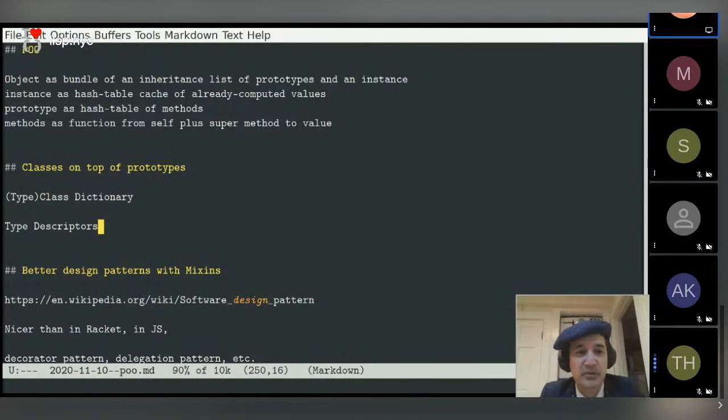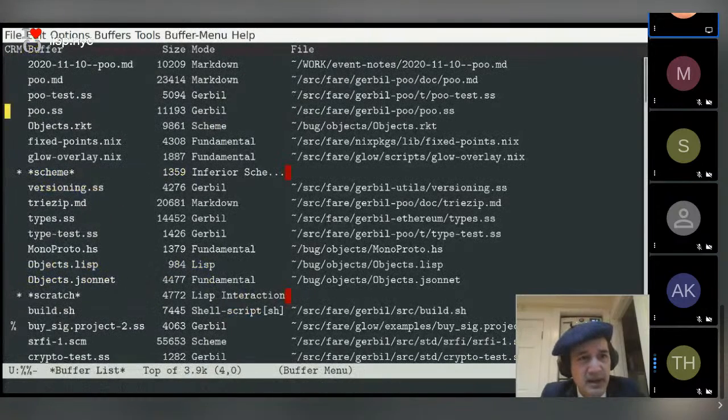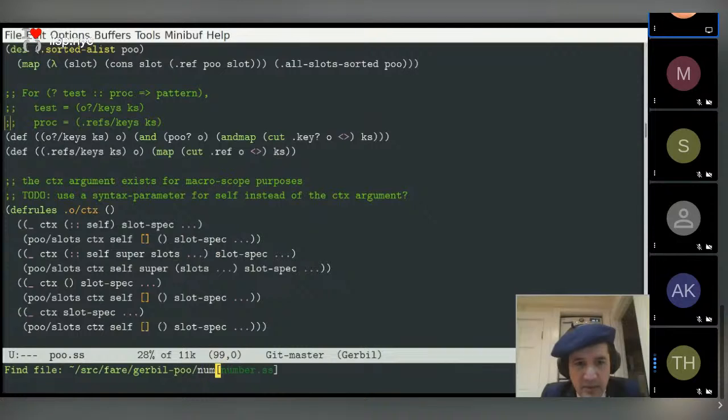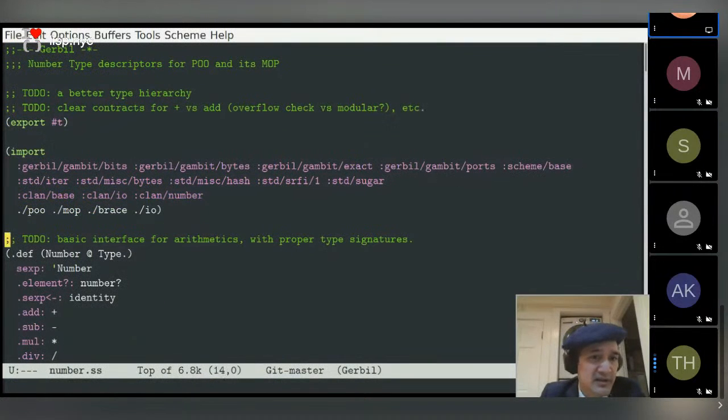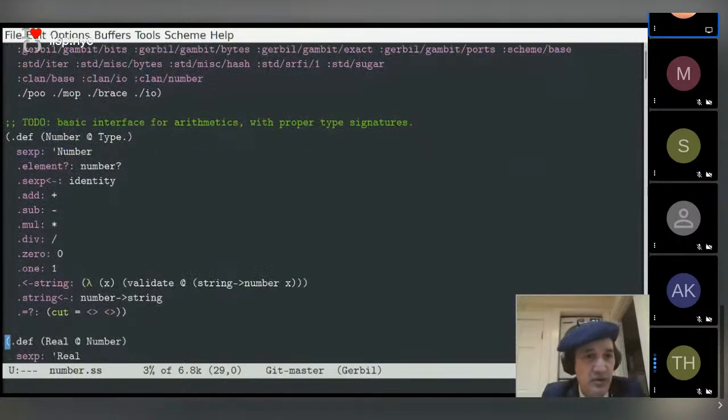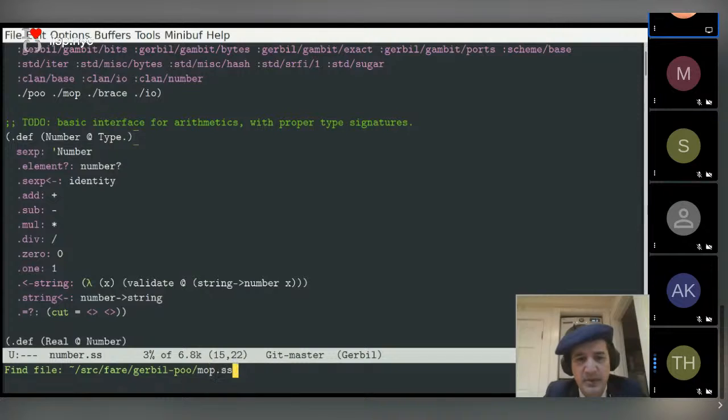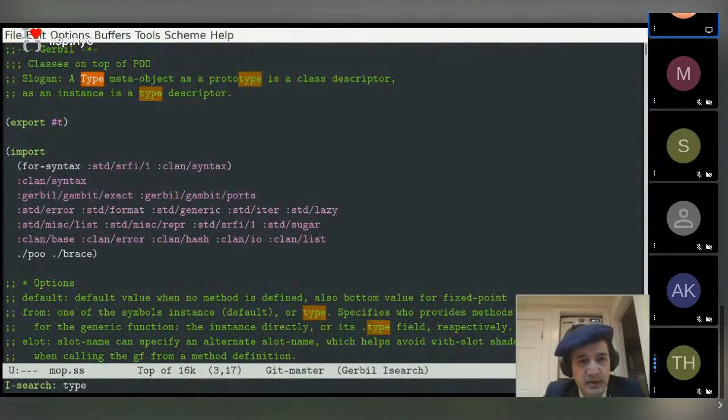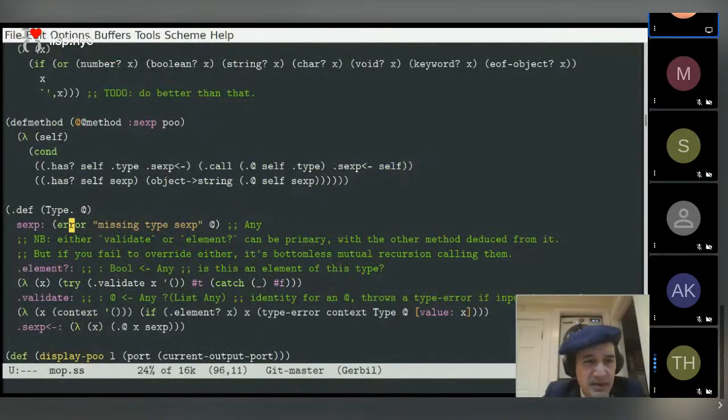So what are examples where I want a class? Here I have a number, for instance. I have a class descriptor for numbers in general, and a number is a type, so somewhere type is defined. What is type? I think it's in mop. So, type. A type is something that has an sexp that describes the type, and it has an element which is a function from any to bool, and the validator is a function that returns a thing of that type. The at here is basically myself,